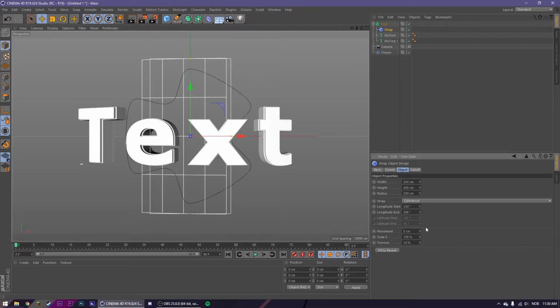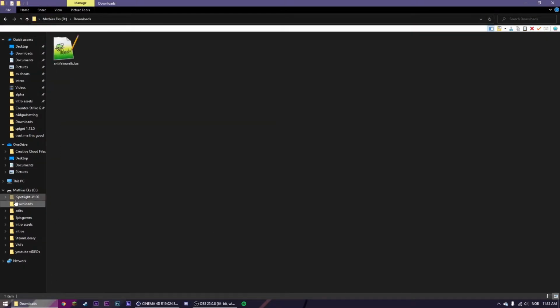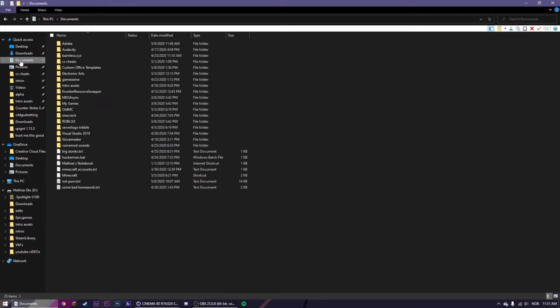It's like a habit to save, and just click Control S. And now that we've got everything in place, you can drag the camera into the floor. Alright, now we've got our text and our camera. Now let's put in the Lightroom and use a tip and trick from last